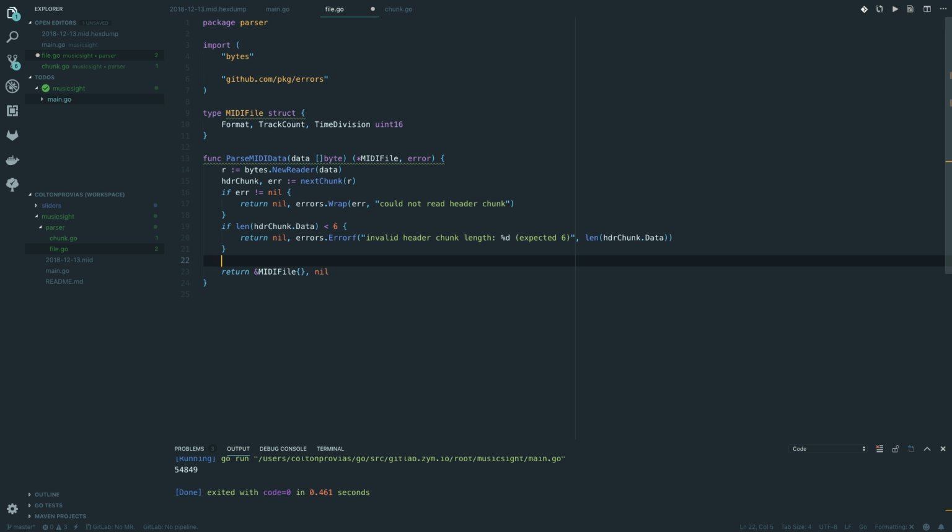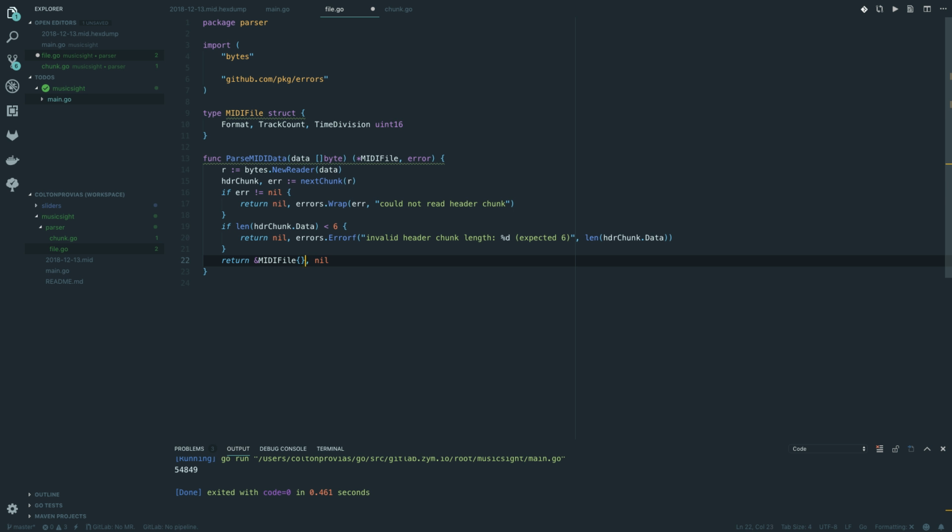All right, now that we have that, we're going to go ahead and read the format information from it. And this is actually even easier to do because we don't have to load it into any buffered readers or anything like that. We don't have to use the IO reader interface. All we have to do is just select the uint16 values right from the byte array. So we're going to do,